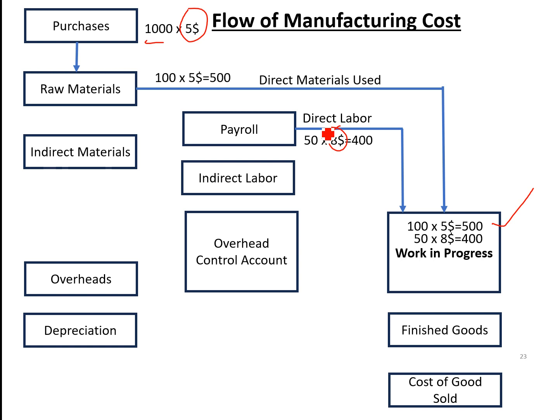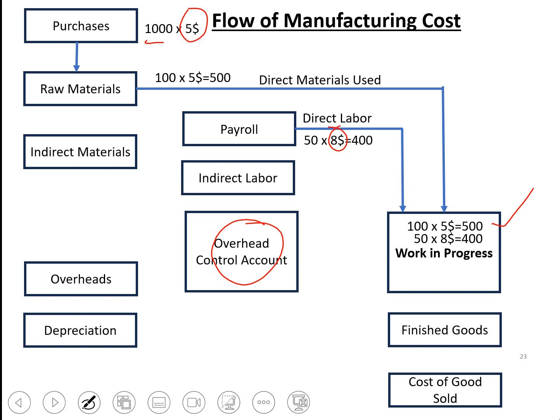That is what we are going to see in the coming animations. So raw materials, direct materials and direct labor, go directly into work in progress. Now all the indirect materials and indirect labor, all other overheads, will not directly go to work in progress. They will go and stay in a temporary account called overhead control account. So all the indirect cost will go to overhead control account, or we can say we will debit overhead control